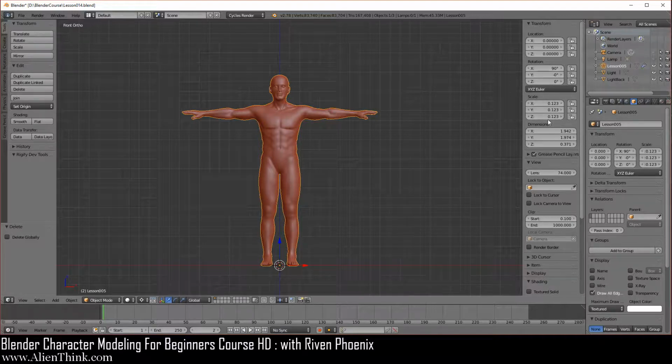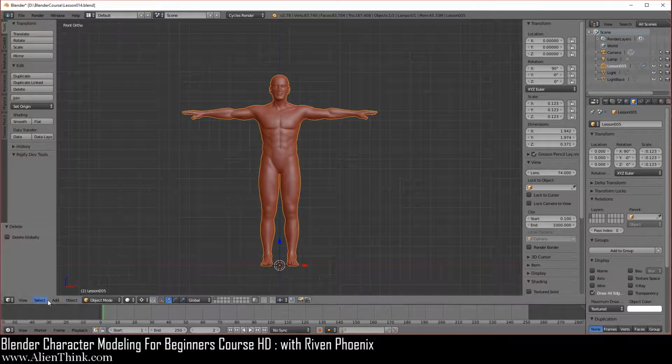And this is a really important thing that you have to do if you're planning on exporting this figure out and importing it into some type of a gaming engine or giving it to your friend to work on. You need to make sure that these are all reset. Otherwise, whoever imports this figure is going to have a hard time trying to align it just like we have it right over here. So basically, it's like you're giving rebirth to the figure.